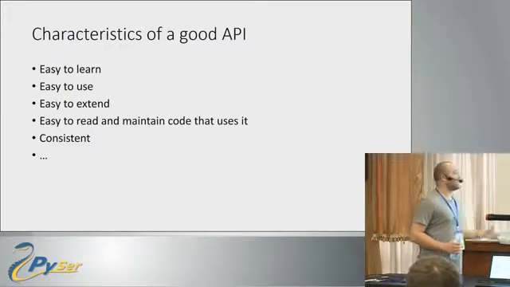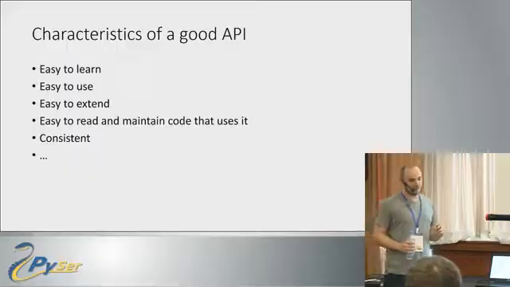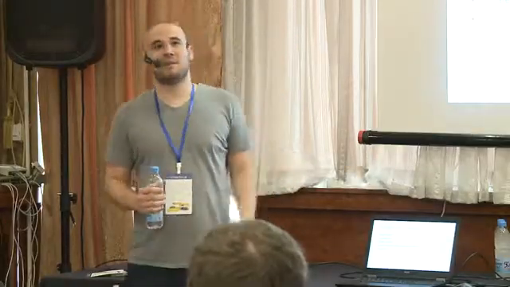And a good API is consistent. So when you name things, try to keep those consistent. There's a good example: you have two methods, one is called remove, one is called delete, and you have one add method. So what's the difference between remove and delete? I mean, it's not consistent. And I saw APIs where both methods exist, and you simply don't know which to use.